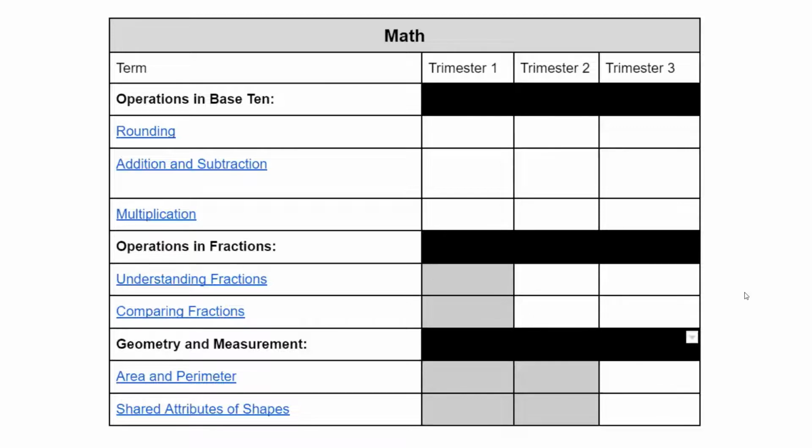Now, you'll notice that those are in blue. Those are high priority. So when we put these prototype report cards on the website, you'll be able to click on the link and it will take you to that proficiency scale. So you know exactly what the target is. What were the prerequisite skills? What's the academic vocabulary that we're looking at? All of our proficiency scales will be available on the website, and they will also be available next year when you log into